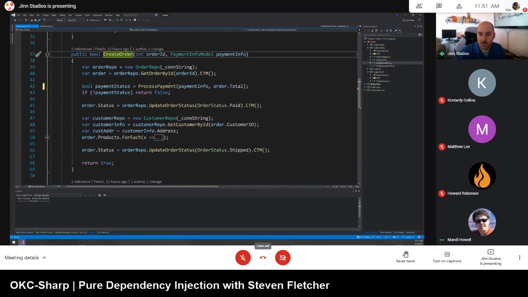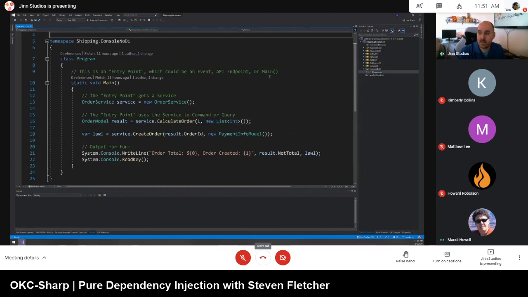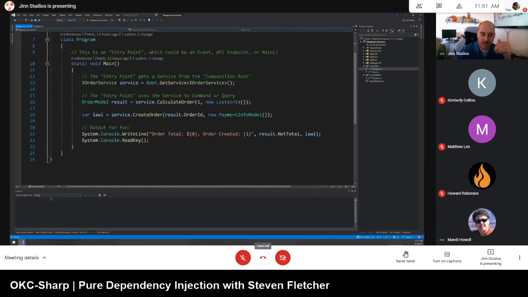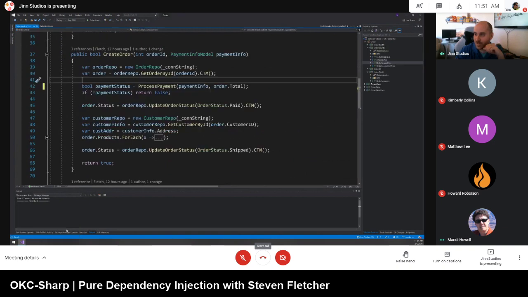So we've got create order. We have the repositories. We're injecting these connection strings. Let me jump back over to the console and jump into what we expect to happen when we do dependency injection. All right, so here we have dependency injection happening. I feel like I'm getting ahead of myself. I'm going to jump back over to the consumer, to the order DI one more time,